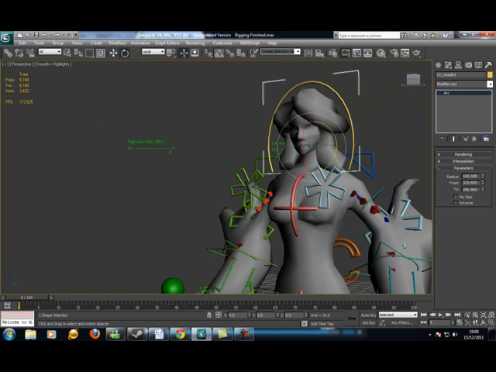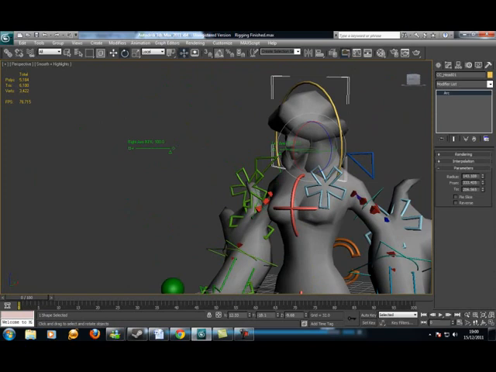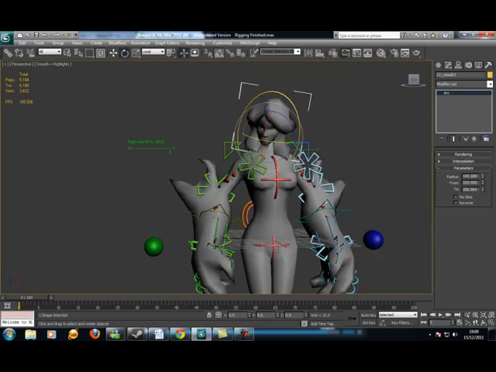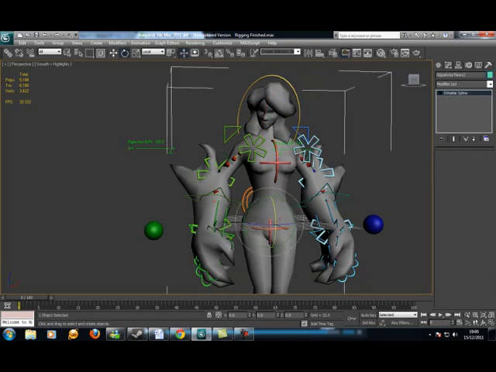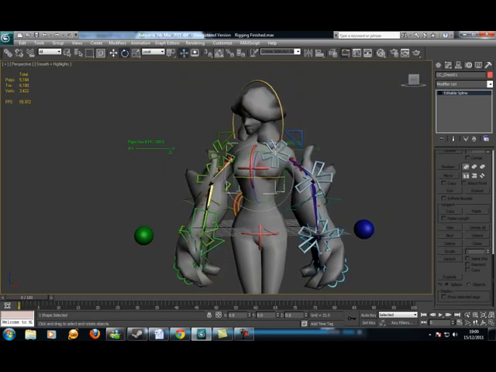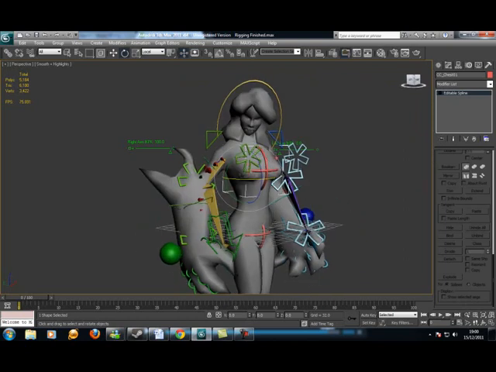So this is the head control. As you can see, we've got full control over the head. We can get a look in at whatever we like. Get the hips twisted slightly maybe, and maybe the chest twisted, you know,